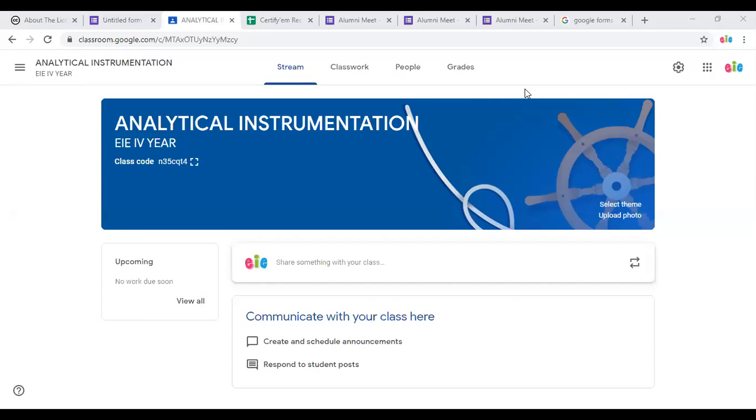Okay, it has come into the site. You can see the Google Classroom. This is my other email. Here I will click join class, and give the code, then press join. It says, ask the teacher for the class code, then enter it here. Now as a student with this email ID, I have joined. You can see this is the home page for the student. Now I'll get back to the teacher.